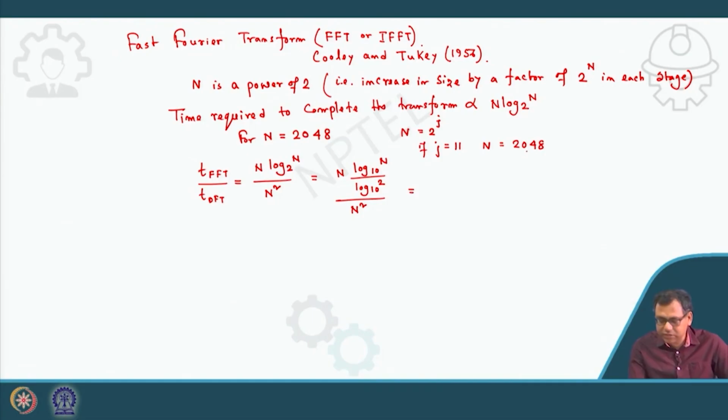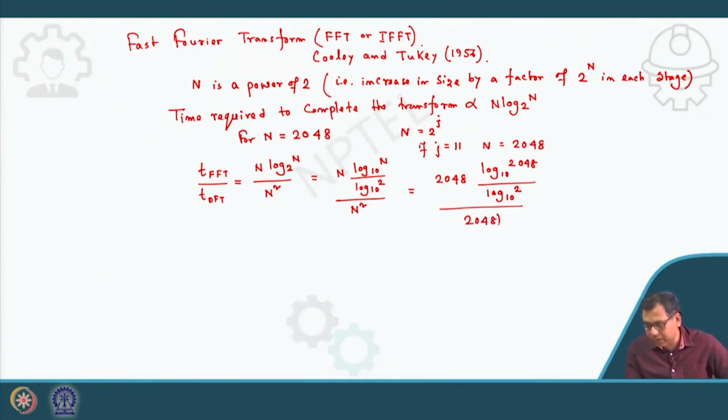So if n is 2048, I can write 2048, then this is log 10 2048 divided by log 10 2, okay, divided by 2048 square. So if I do that, then the time required for fast Fourier transform will be equal to